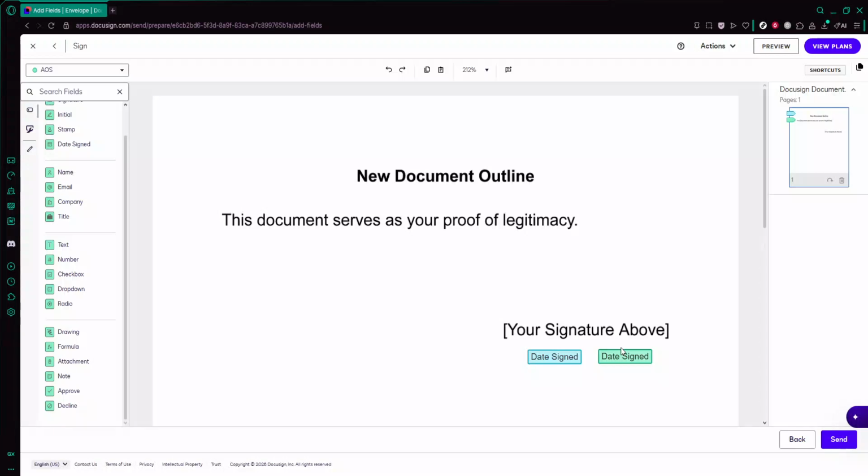In this video, you'll learn how to align text boxes in Docusign so that your documents look clean, professional, and easy to read. Neatly aligned fields not only improve the appearance of your document, but they also make it easier for recipients to understand exactly where to type and what information goes where. We'll go through the process slowly and clearly,